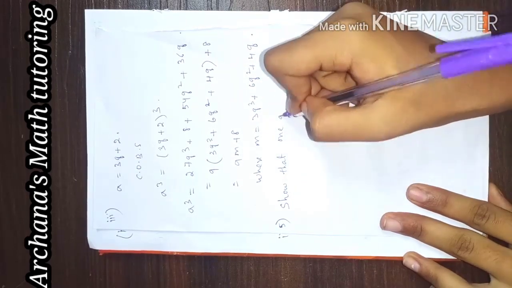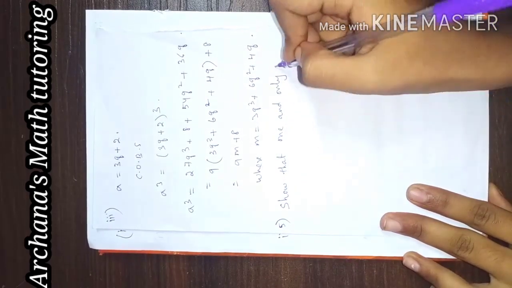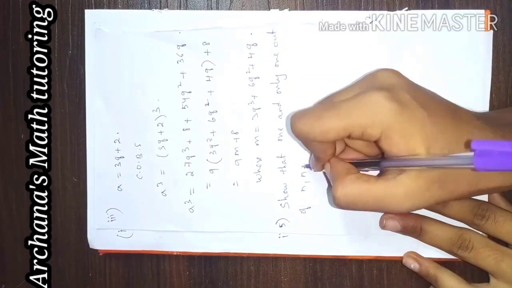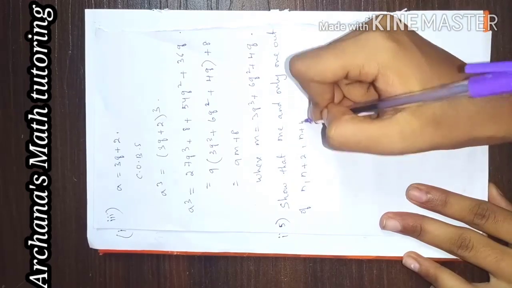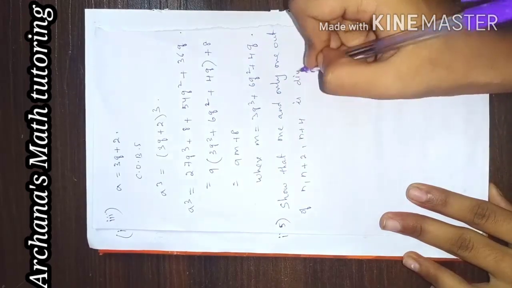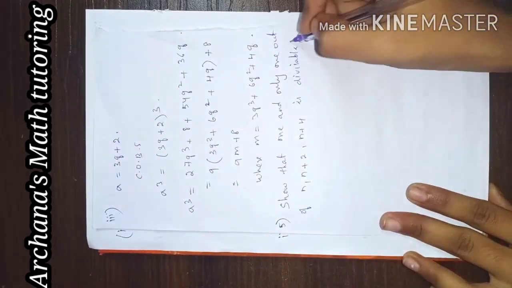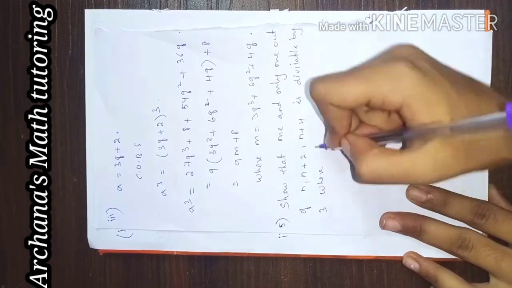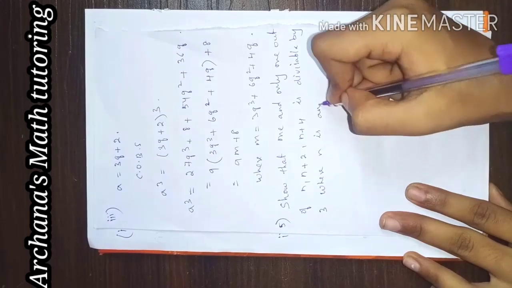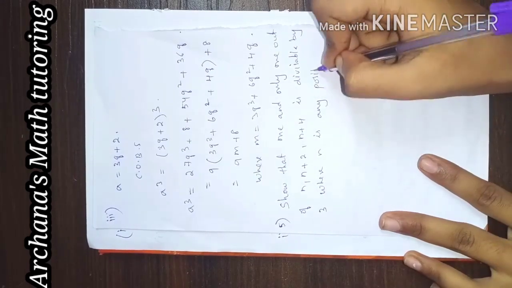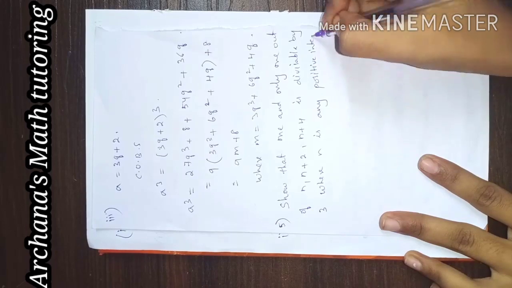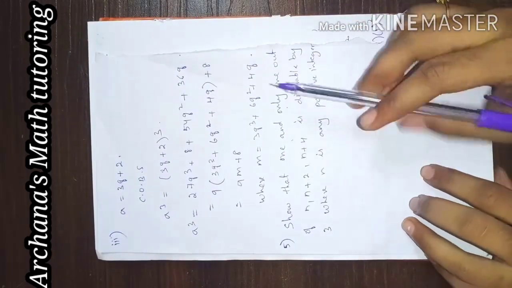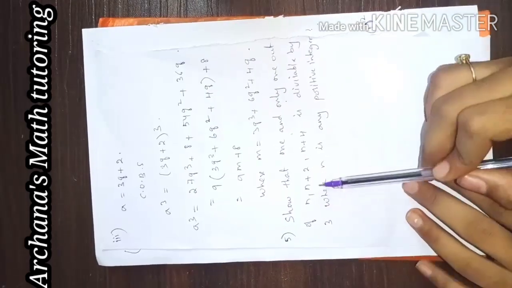one and only one out of n, n plus 2, n plus 4 is divisible by 3, where n is any positive integer. So let's understand the question first. Show that one and only one means one among these three, n or n plus 2 or n plus 4